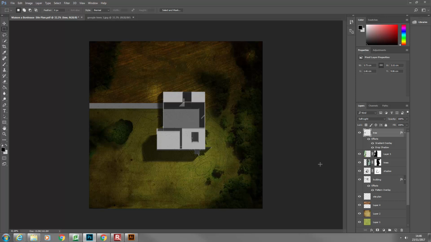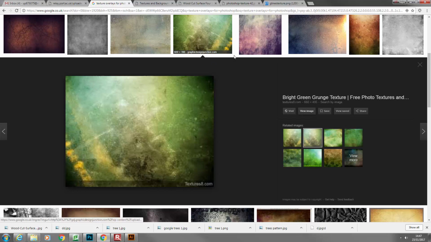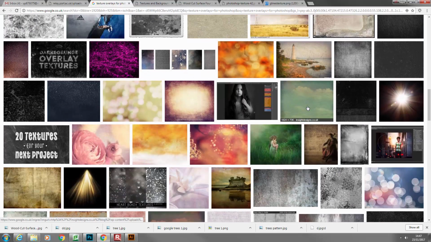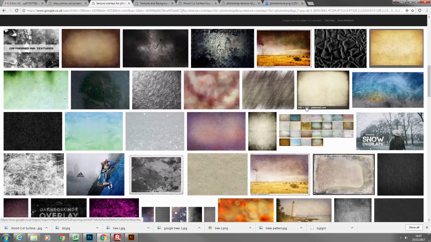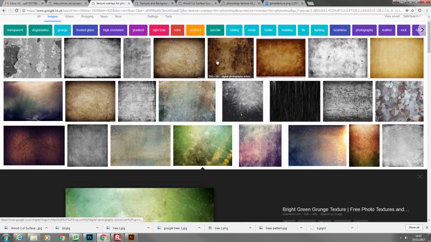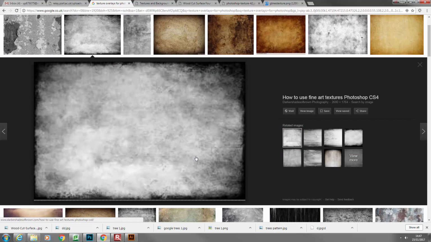If you want to try to add a different texture to the whole building to give it more of an effect, you can just go to Google and try to search for textures for Photoshop. For example, I think this particular one is nice, but let's try to find something like this. If I view the image,